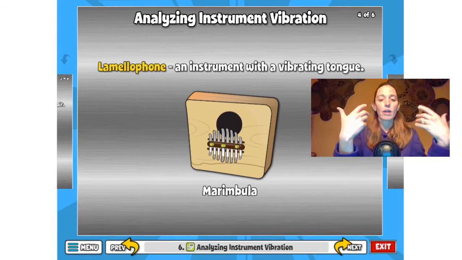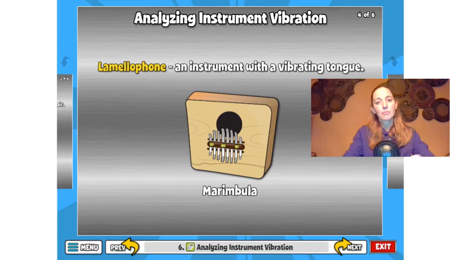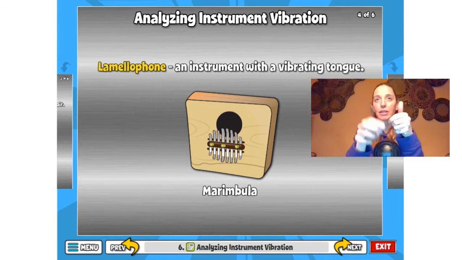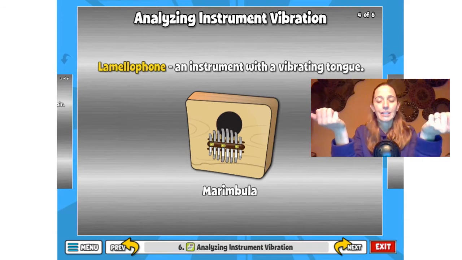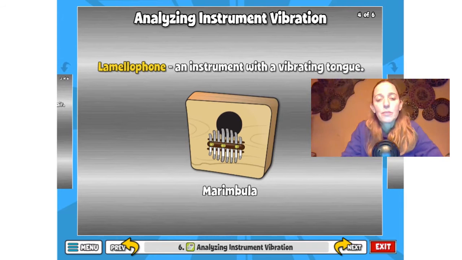Lamellophone, which you guys have heard of metallophone, and metallophones that we know have metal pieces that you hit, but the lamellophone are pieces of metal that are plucked, that vibrate when you pluck the actual metal. And unfortunately, I don't have mine from school where I am at home, but